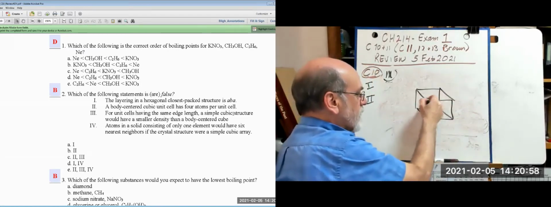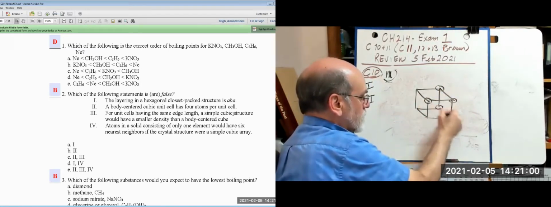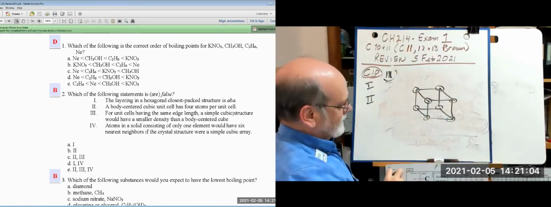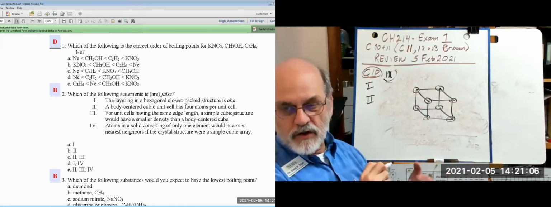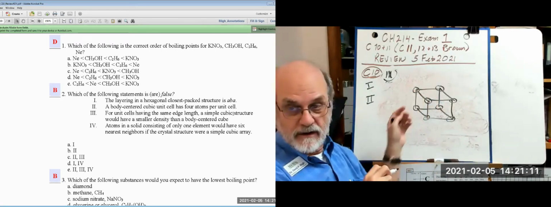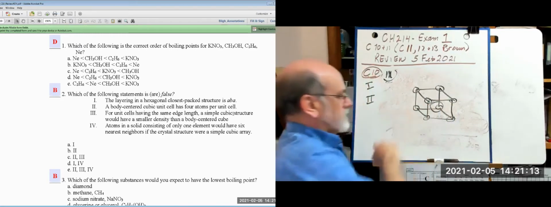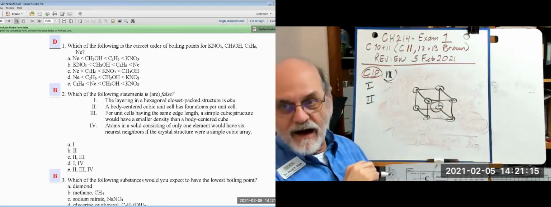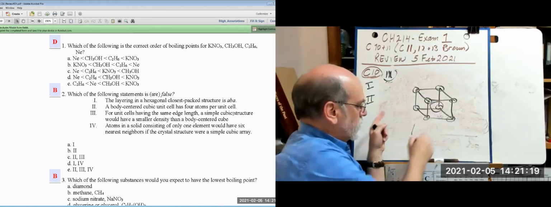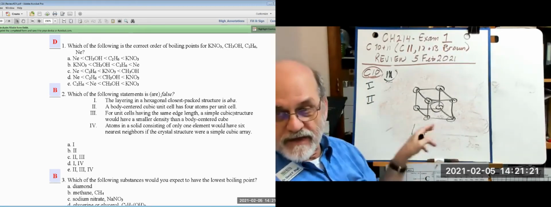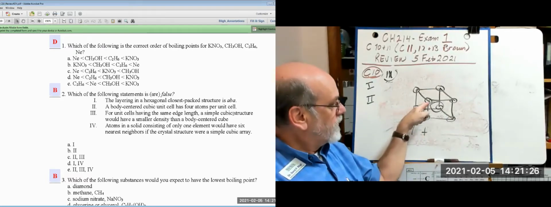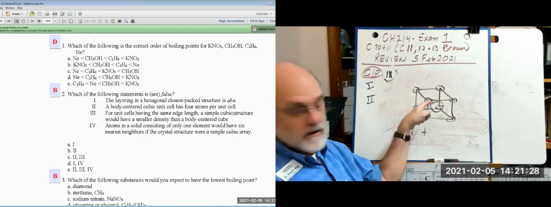Okay, you're always going to have one here, here, here, here, here, here, here, and here. Simple cubic. You could have one in the middle, body-centered, or you could have them on the face. So body-centered, we have one in the middle. Now, that one belongs to that cube, so there's one there. How many of the others belong to that cube? Well, each one of these has to be shared with